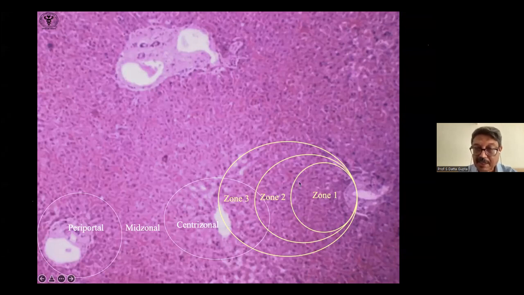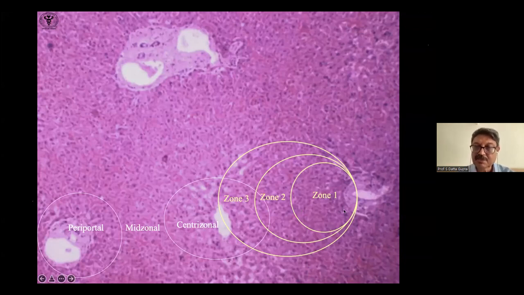And so these are berry-like areas, rounded areas. This much of blood is supplied first, and then this, and then this. So this area he called zone 1, this is zone 2, and this is zone 3. In fact, the oxygenation is best here and least here. And because they are like this in a circular or oval fashion, this also explains the fibrosis that can occur in these watershed areas, and that's why they are almost rounded in cirrhosis. Anyway, this is a concept that he said.